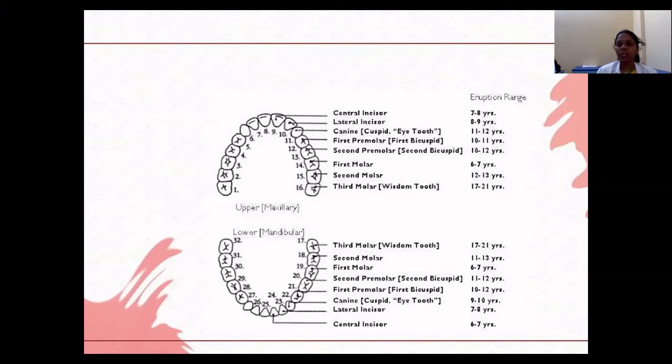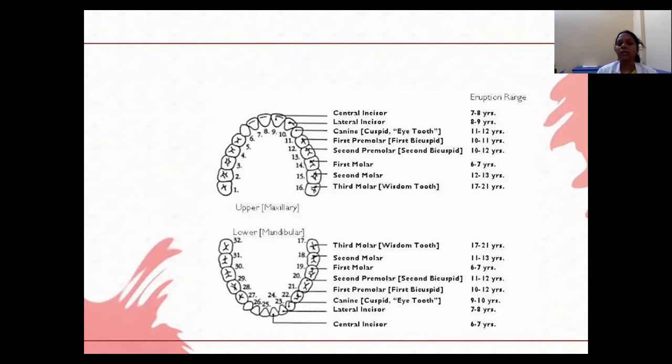how the root completion of these teeth takes place: in primary dentition, if the tooth erupted into the oral cavity at 1 year of age, within 1.5 years the root completion will be completed. But for permanent dentition, if the tooth erupts into the oral cavity at 6 years of age, normally it will take 3 years for the completion of the root.